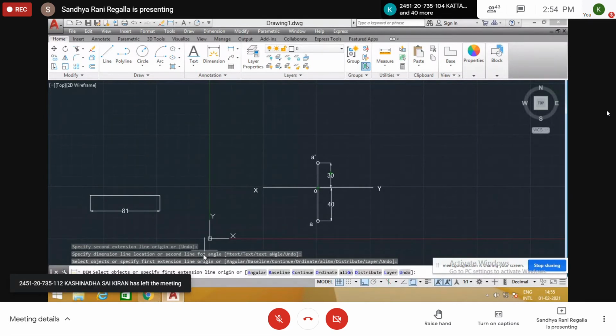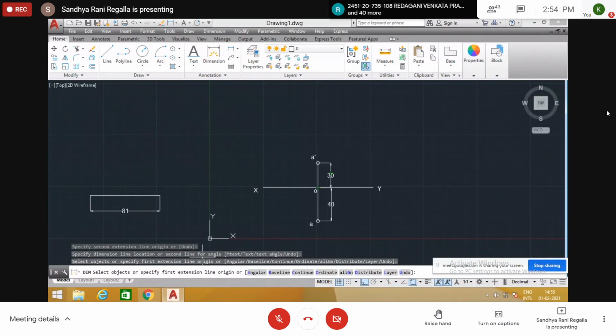Second one, line contained by one or both planes. Third one, line perpendicular to one plane.